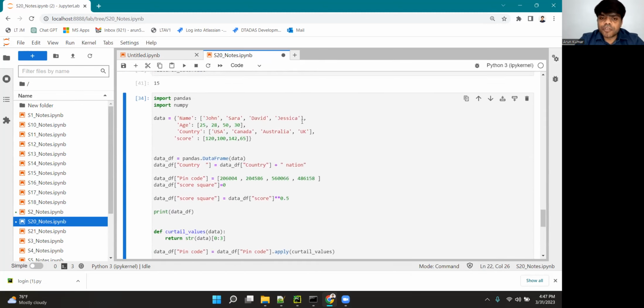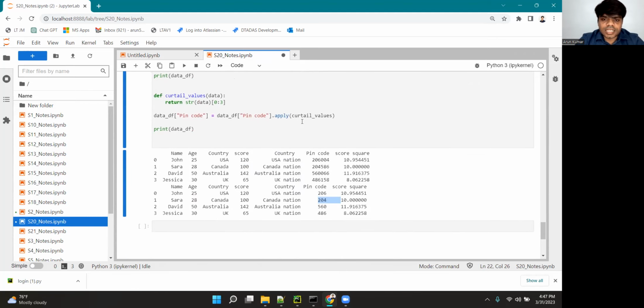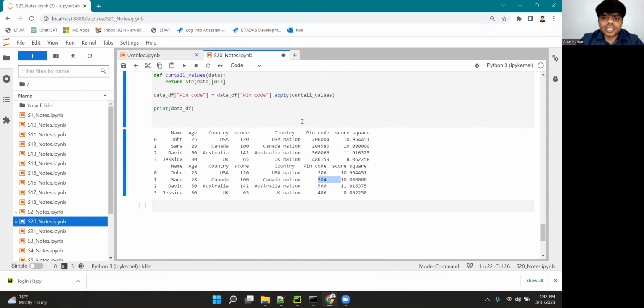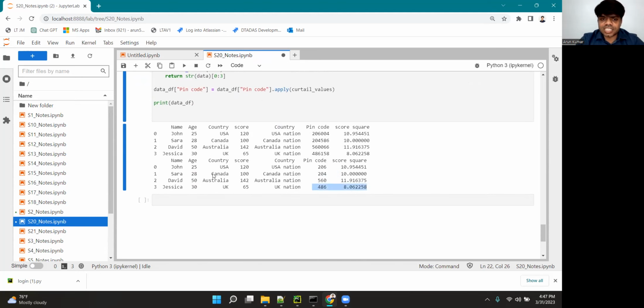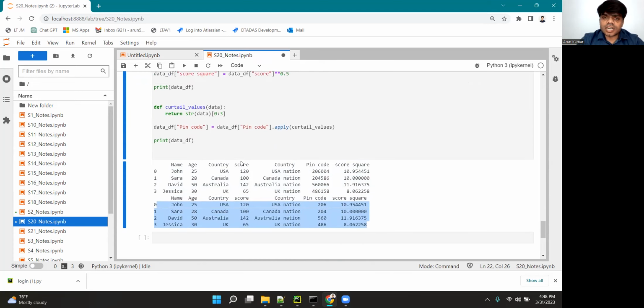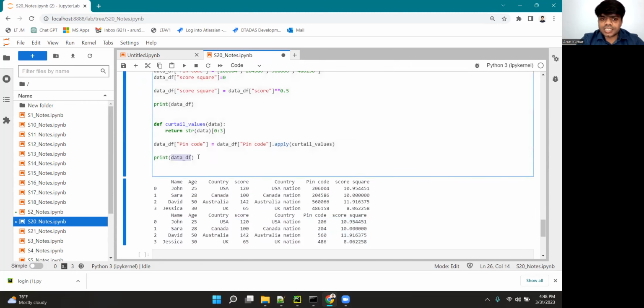So going forward, the next thing that we're going to learn about is outputting the data. Suppose this is my data here, which I want to output. You can see that this is modified data, right? I want to put it back into, say, CSV or Excel. This is my data frame object. I already know there is a method called to_csv in case I want to output it as CSV. So I write output.csv,